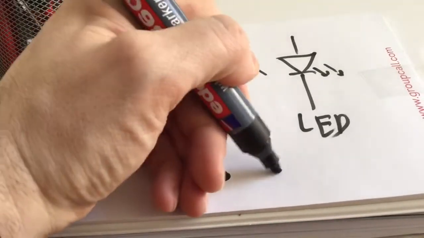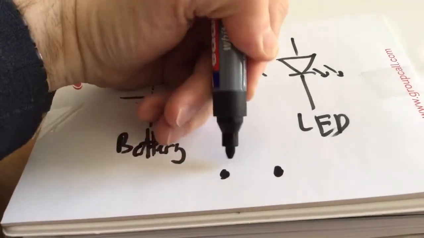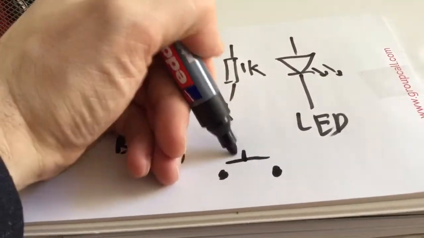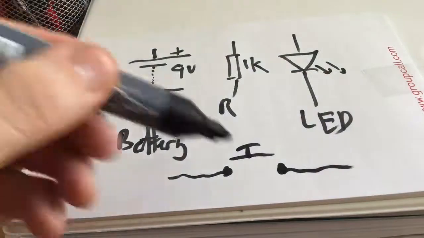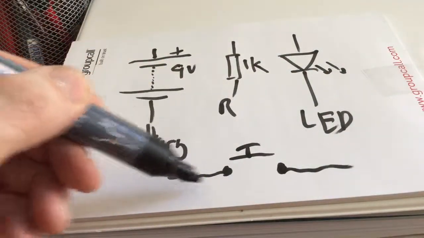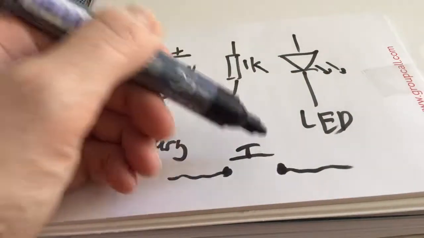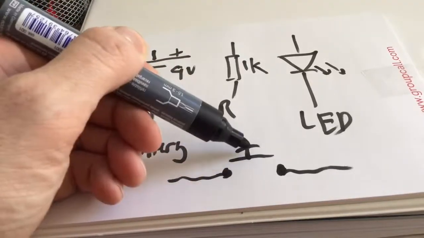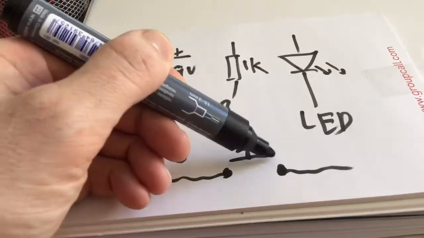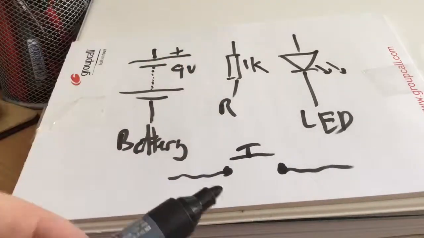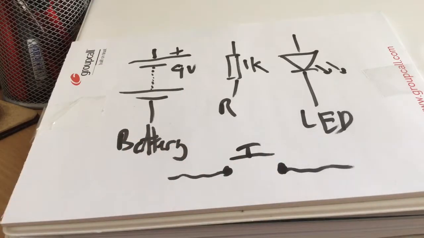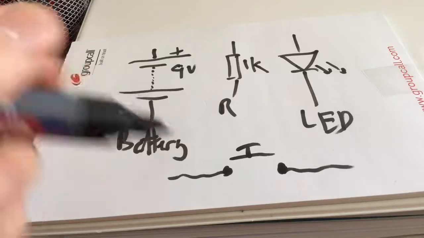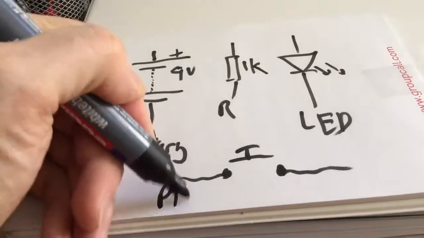A push-to-make switch, any electronic switch in electricity, is really simply a gap between two points in a circuit. So here comes my wire, here comes my wire, there's a gap so the electricity can't travel beyond this point, and when I push down on this switch, you can almost imagine this travelling down to join all these points together just here, at which point the electricity can flow all the way along and through it and onwards to complete its journey. And using these different things like the push to make switch